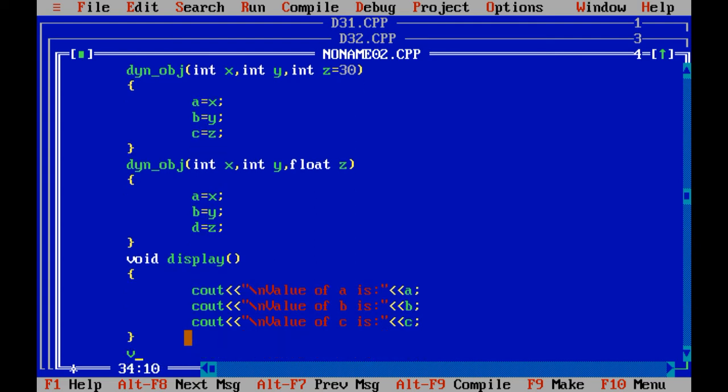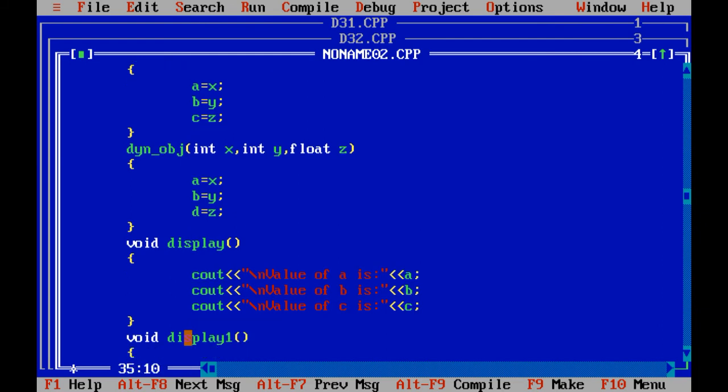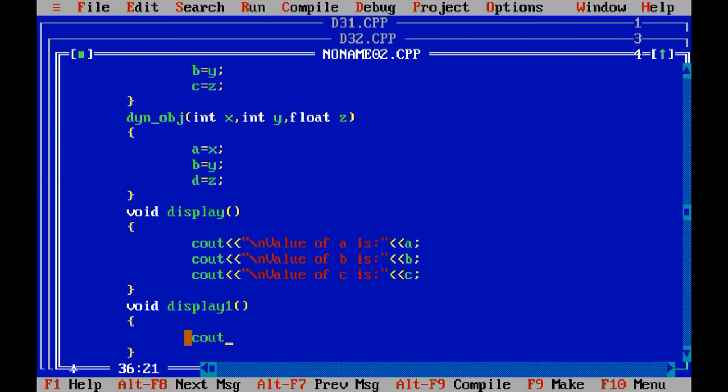One more method I am going to create, that is display1. Inside display1 we are going to print the value of a, b and d, right? Because d is a float variable. Value of a is variable a, cout \n.